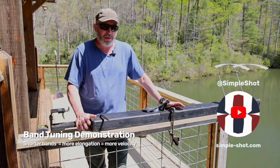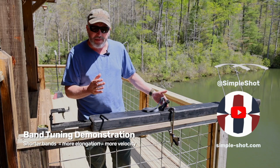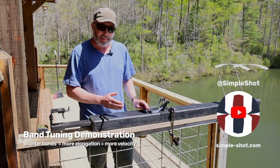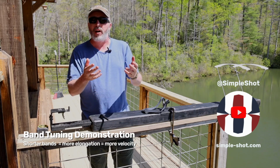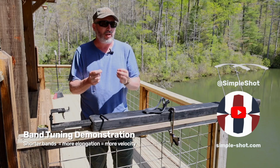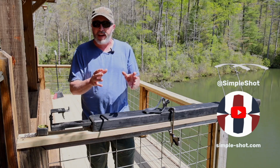So if you want to get the most out of your slingshot sport, you need to really understand how a slingshot functions. The frame itself is part of the slingshot, but the real meat and potatoes of any slingshot is the elastic. An elastic band needs to be tuned to suit you, to suit your body size, and that's what we call our draw length. We've got lots and lots of videos and content on how to determine your draw length, so we're not going to go into that here. But what we're going to do today is show you how tuning your bands really affects the